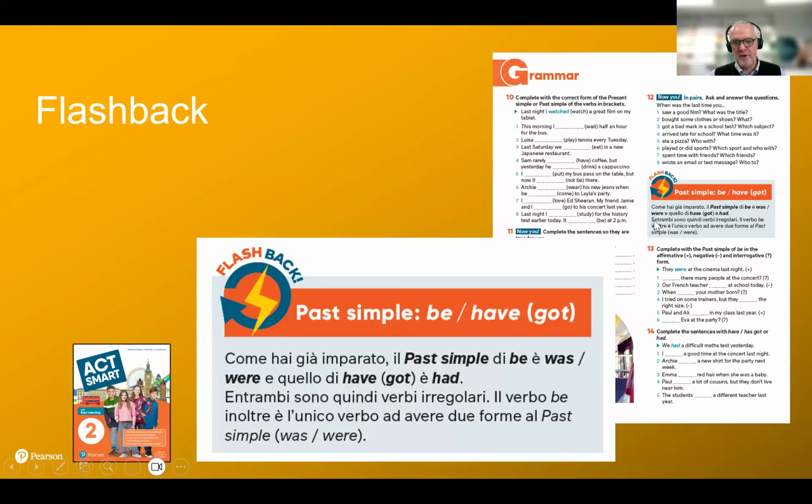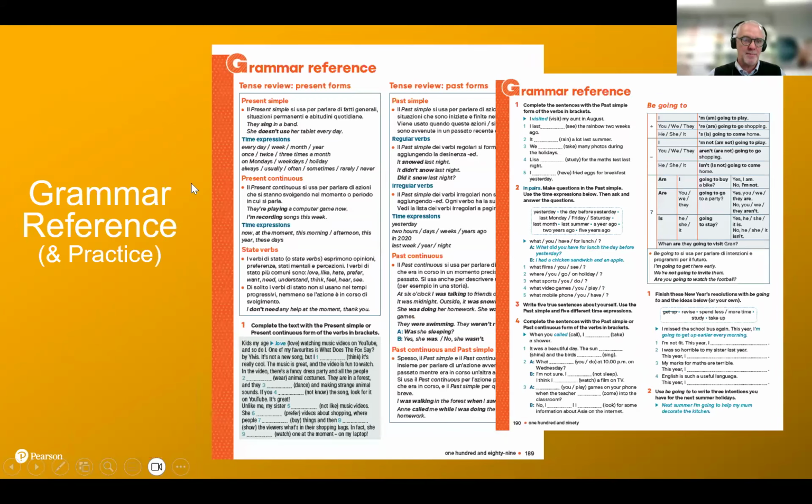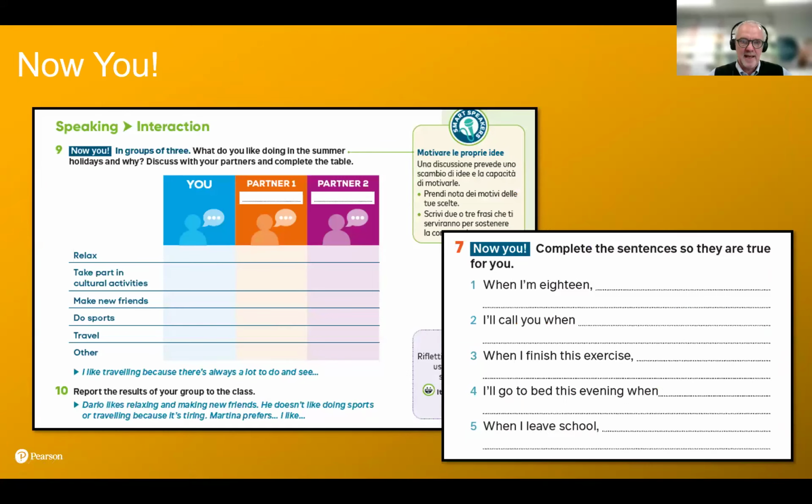So it's referring back. There is also a grammar reference, which you saw in the Flick book, which could be really useful to see all of the grammatical topics together with extra practice. And one thing which we really like is this section called Now You, which comes up very often, and it's this idea of having something which is true for you.